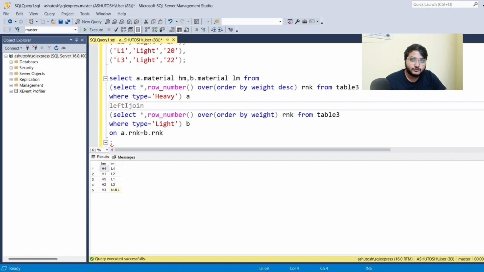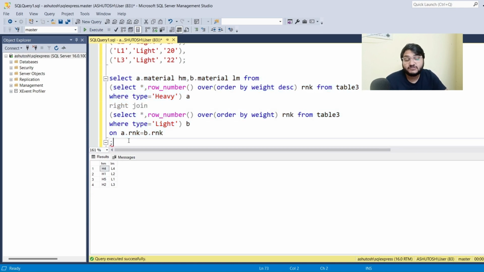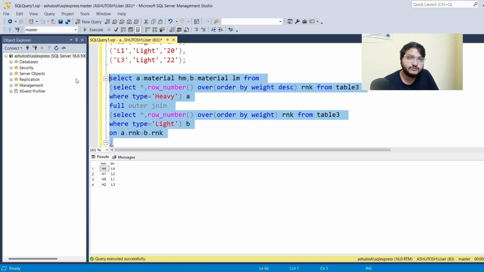What if I swap left with a right join? Do I get the additional row here? Let us execute this. Oh no, we have lost the additional information, or the right information, which we should have got. So ideally we should use a particular join condition in which we get the matching result as well as the non-matching result, which is only possible with the full outer join. So instead of right, I should write full outer join, because I want the matching as well as the non-matching record. So I'll execute this particular code,